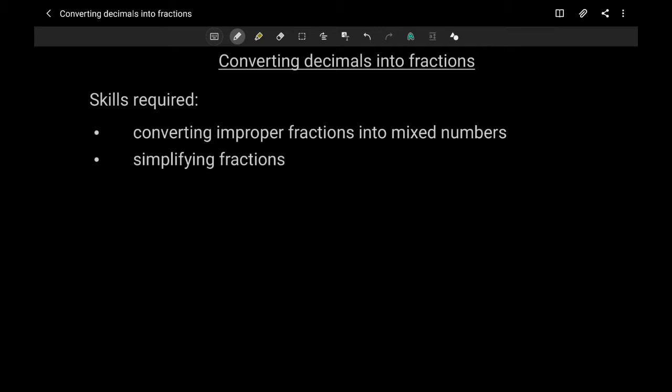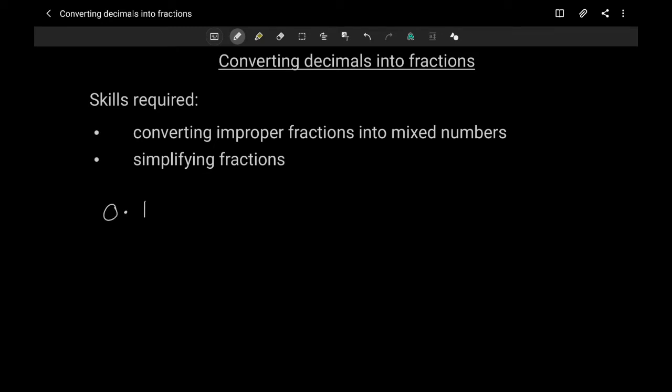In this lesson, you'll learn how to convert decimals into fractions. The requirement for this lesson is that you know how to convert improper fractions into mixed numbers, as well as simplifying fractions. Let's start with a simple decimal,